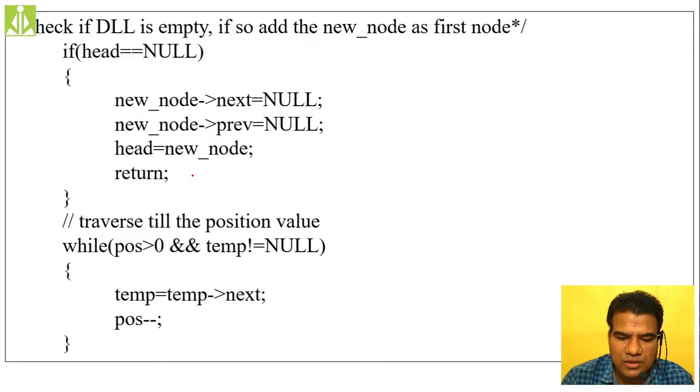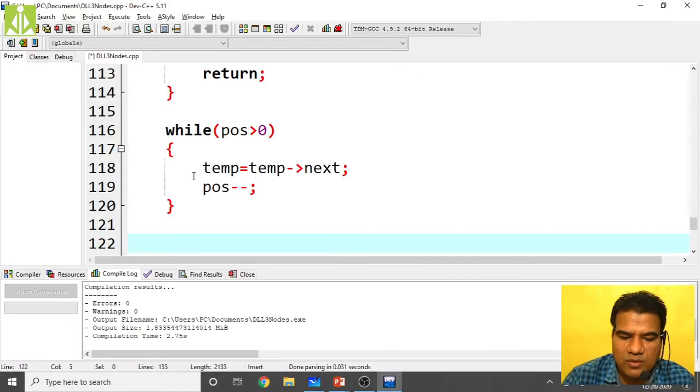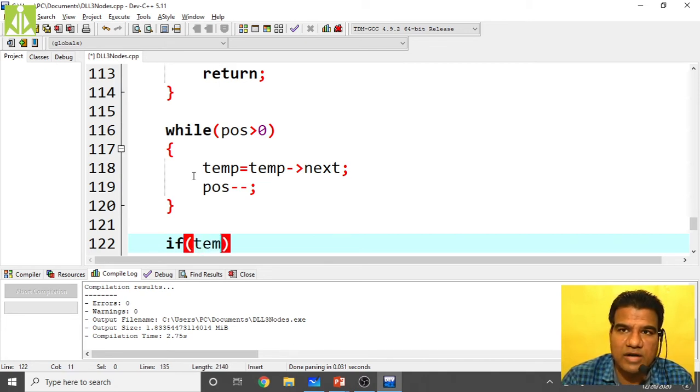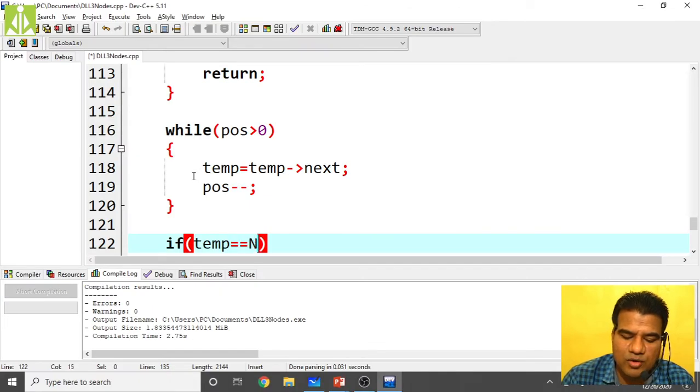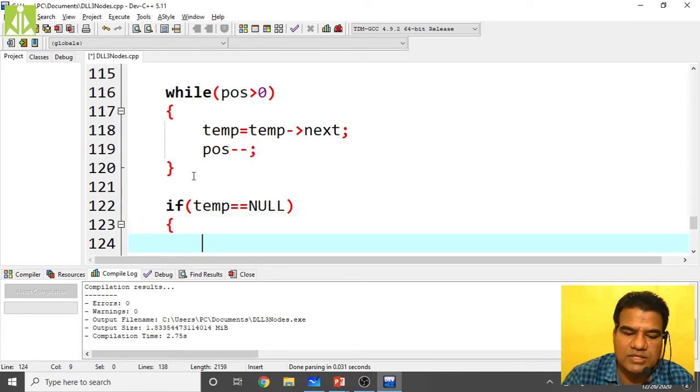Then after traversing to that position, if temp equals null, that is, if you are exceeding the number of positions inside your doubly linked list, then you have to give an error message. So if your temporary pointer is null, then print that error message and return.